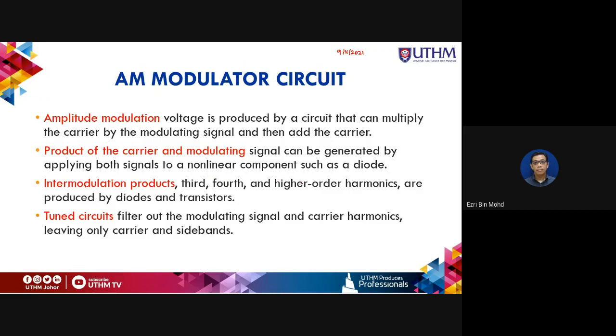The resultant product of carrier and modulating signal will produce intermodulation products, which can consist of third, fourth, and higher order harmonics, generally produced by the operation of diodes and transistors. And a tuned circuit, where we apply a radio frequency filter, will filter out the modulating signal and carrier harmonics, leaving only